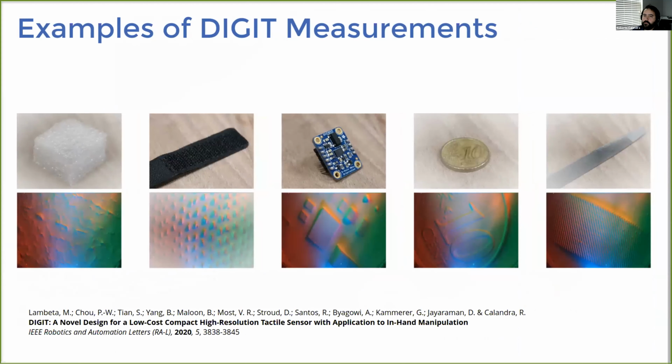These principles, which you've already seen in other sensors before, allow generating rich high-resolution images of touch easily and without any moving part, with a sub-millimeter resolution and tunable sensitivity, depending on what type of elastomer you decide to use. Moreover, if the elastomer is equipped with markers, it also allows measuring shear forces, which seems to be